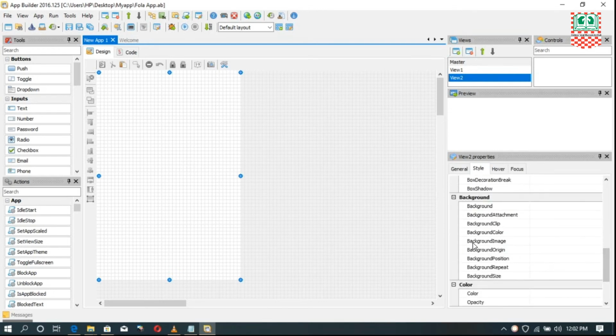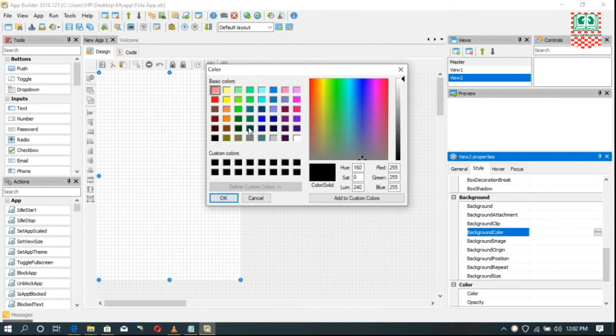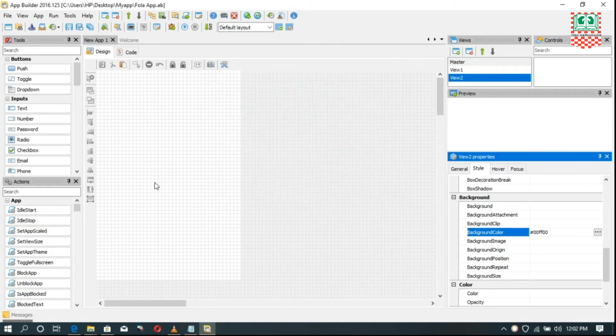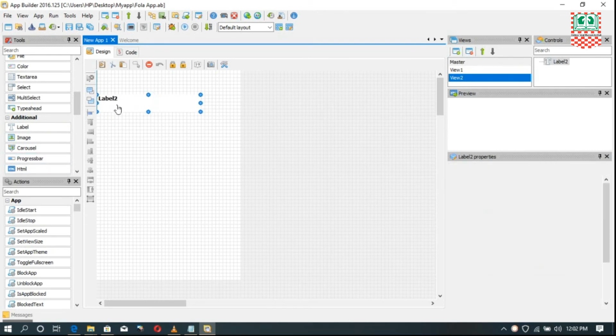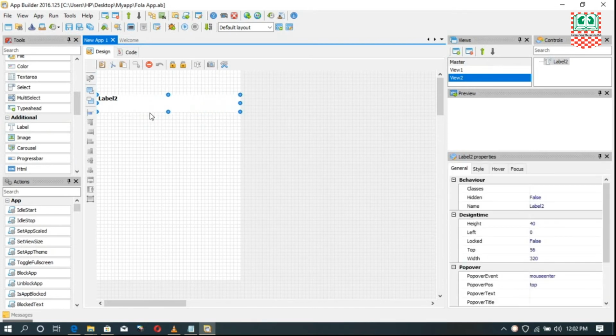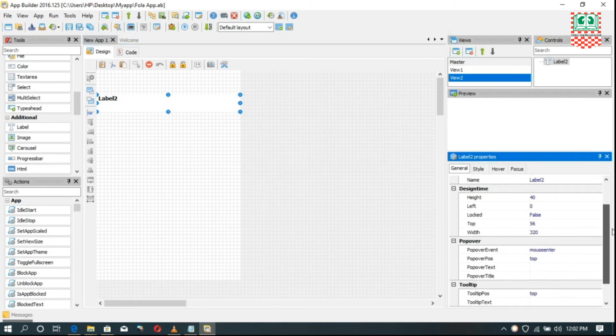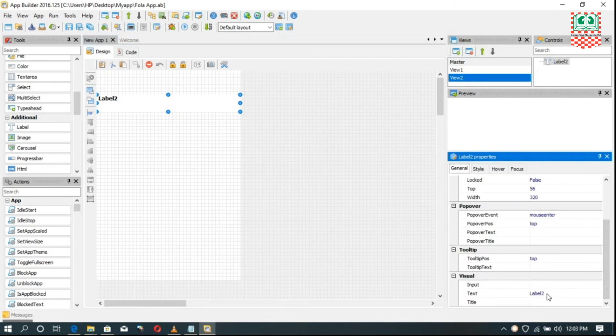Remember, change the background of view 2 to maybe something like this. Remember, it's not going to show until you preview it. Okay, so we quickly add something to it. So let's quickly add this text. Good. So if I want to edit this, I have to click on the General tab over here. I'll scroll down and then I will click here where we have text. I'll remove it. Then I will type